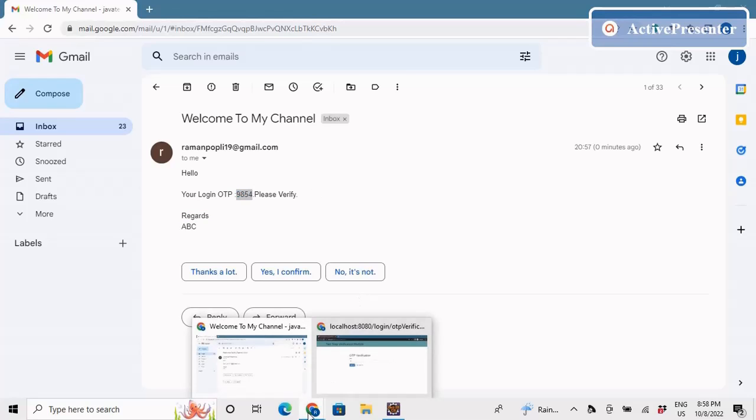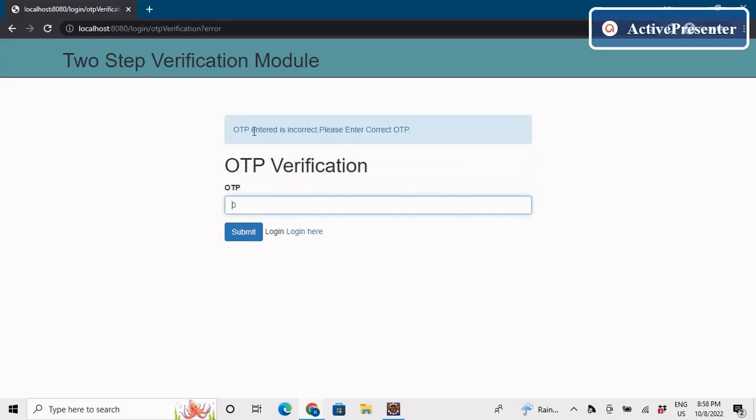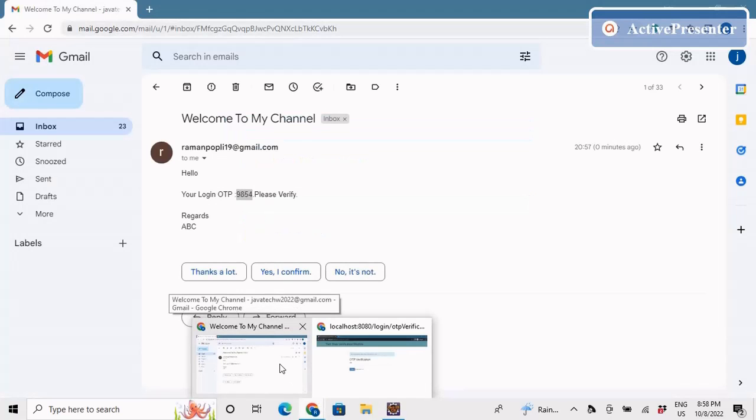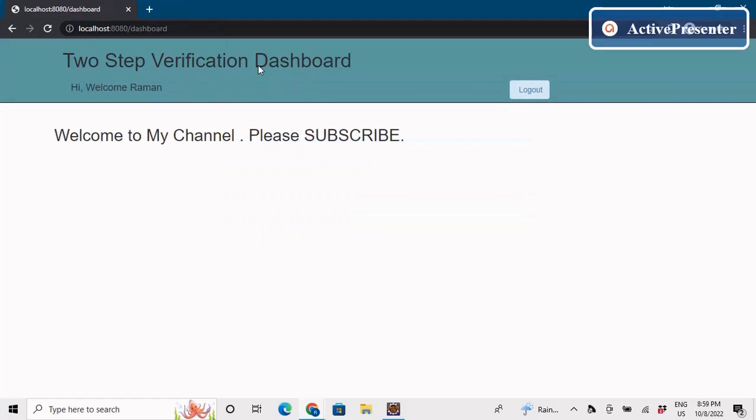Now if I enter a wrong OTP, like 1235, it says the OTP entered is incorrect, please enter the correct OTP. Now if I enter the correct OTP, which was 9854, and submit it,